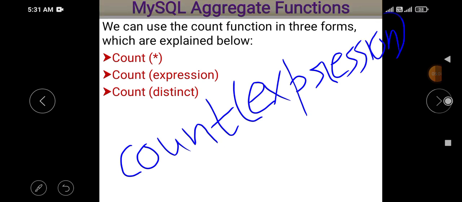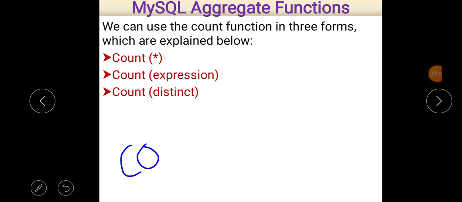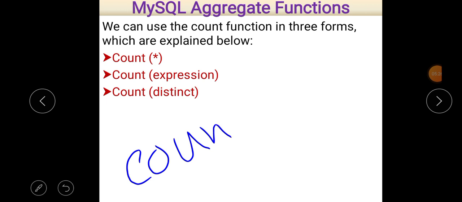And at last, count distinct. This is also very important. Most of the time, we don't want to count duplicate values. In that case we use the distinct clause, so we write count and then distinct.